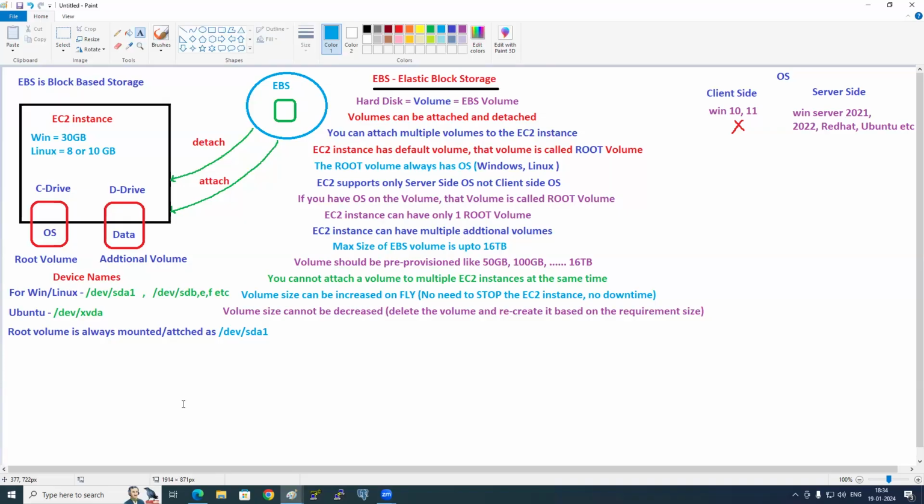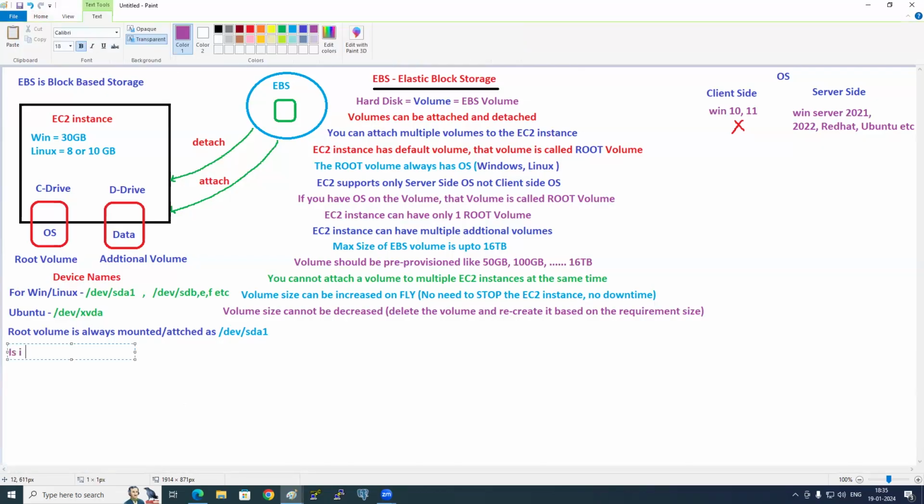But is it recommended? Let's say, for example, a developer is logged in and working in the D drive, creating some files in the D drive. If you detach it from the backend, he will cry. Is it recommended to do that? But is it possible to do that? If the developer or customer has done some overaction, what do you do? From the backend, pluck it off. Then say, hey, be careful, the D drive is gone. So only AWS engineers can do that, no other people can. Right? Very good. Those are the certification questions.